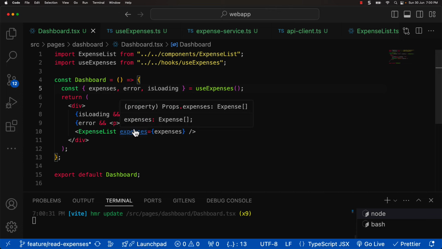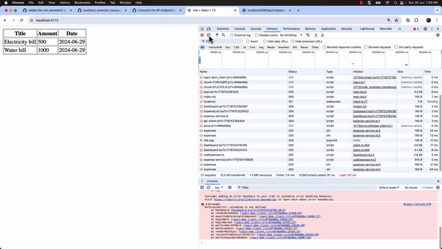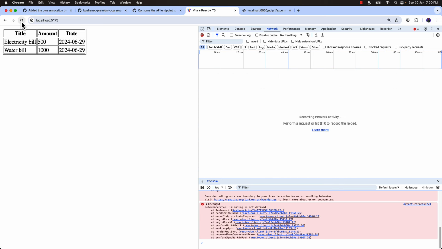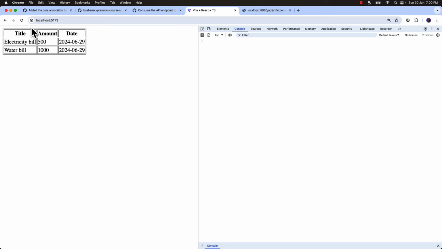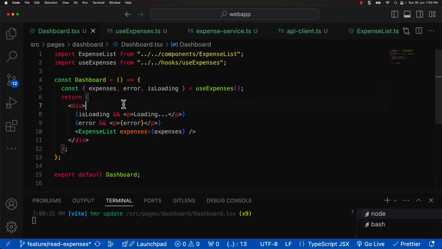Now let's go back to the browser and let me clear this. Now reload this. You can see we don't have any errors in the console, which is great. And also inside the browser, you can see the list of expenses. Awesome. Now we almost completed our development, and the last and final step is we have to review all the changes we have made, and we have to commit our changes, and we need to push it to the